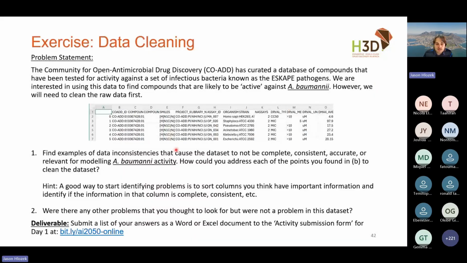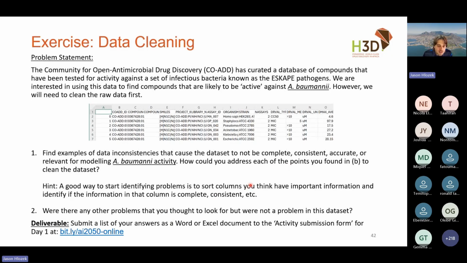And so for the next 15 minutes, I would like you to go through this data set and identify as many aspects of incompleteness or inconsistency or inaccuracy that you can find, and put it in a Word document. And the link to send it to, if you go to this link where all of our resources are, there'll be a link to submit your day one exercise. And so I'm going to give you until 10 past, maybe 12 past 1 to do this exercise and submit your answers.